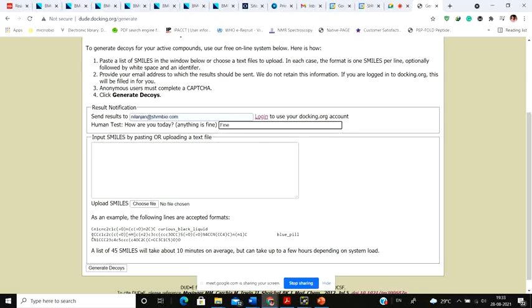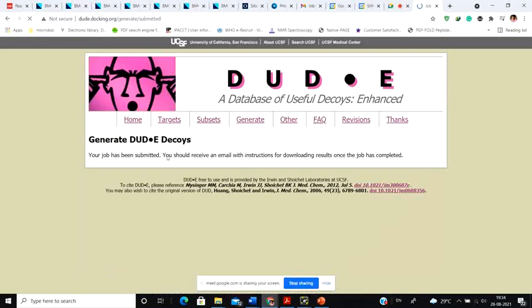And then you have to upload the SMILES. So let me select this particular SMILES over here. And then simply click on generate decoys, and that's all. That's all. It's going to understand and submit,